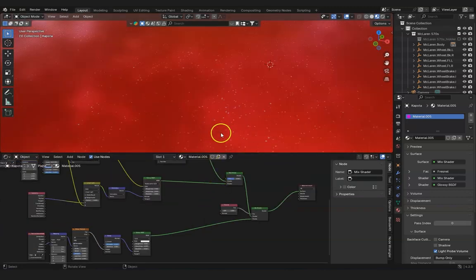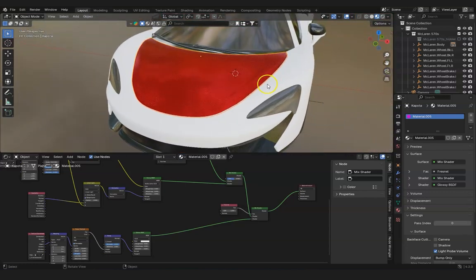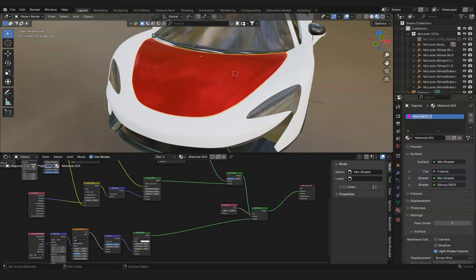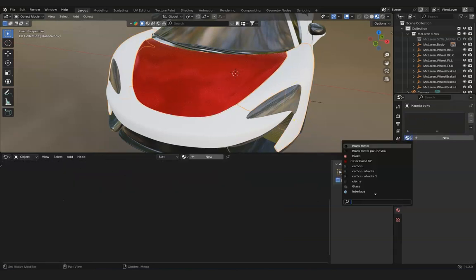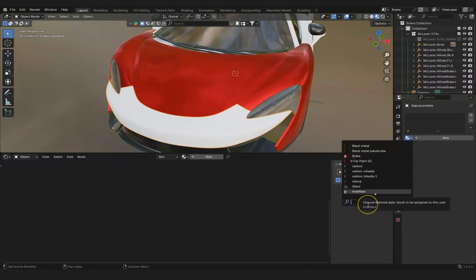And now it's time to apply on both car body. So first of all we need to rename our material. Type car paint, red car paint. Select this part where you want to apply this. Go to the material tab, add material,